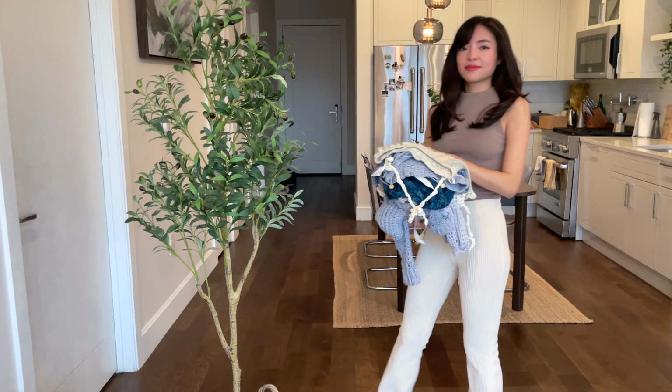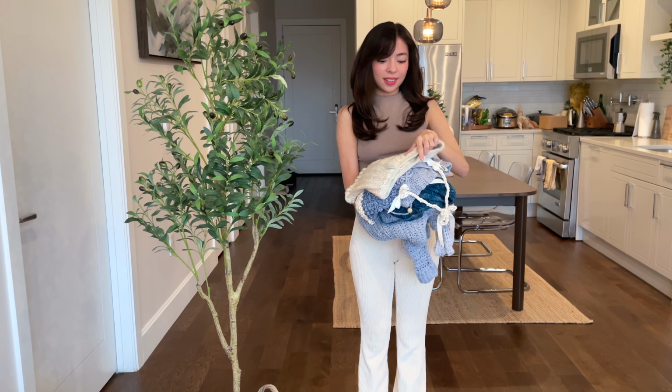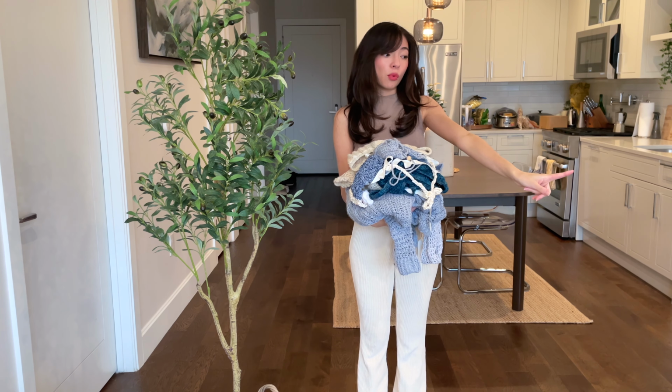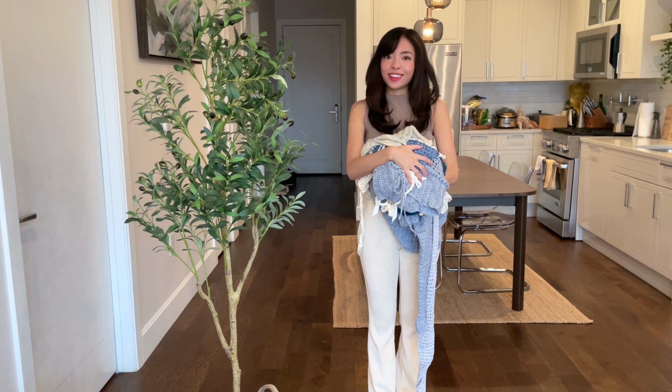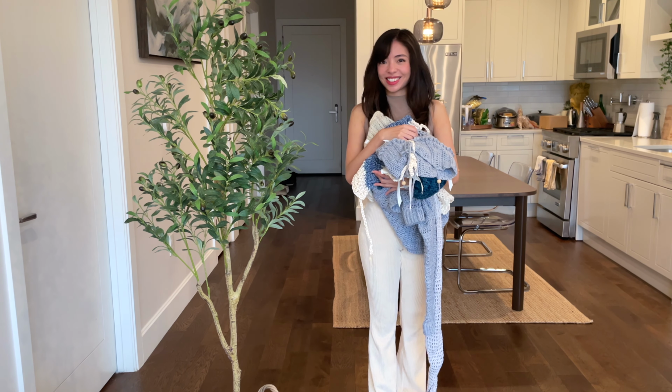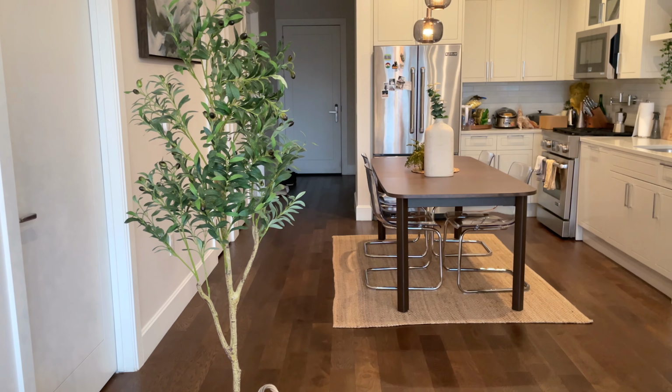This is going to be part 2 of everything I crocheted in 2023. This isn't even the complete pile. I have a huge pile on the couch next to me. If you watched my previous video, you'll know that 2023 was the year that I finally began experimenting with making